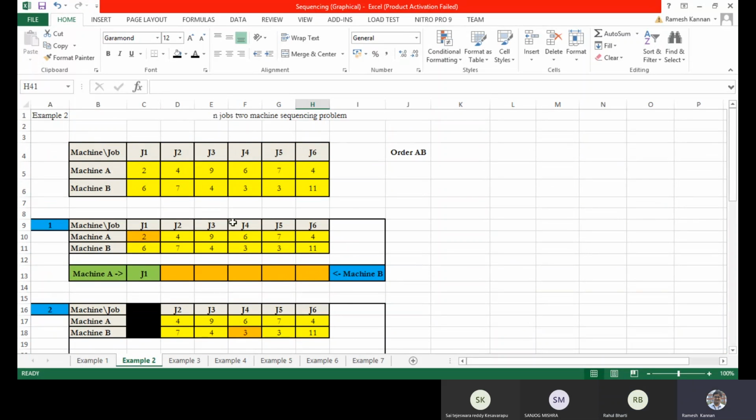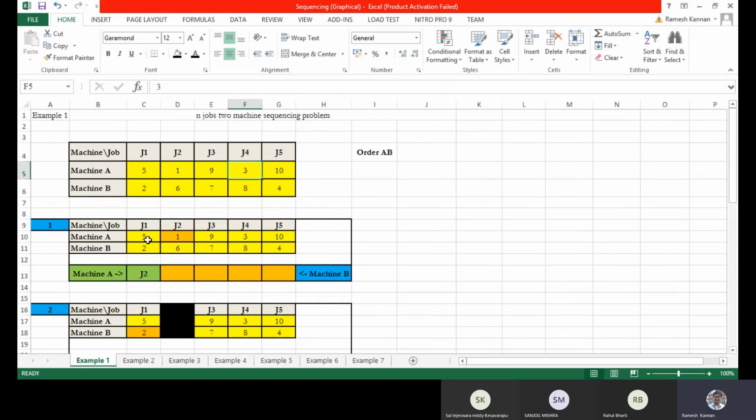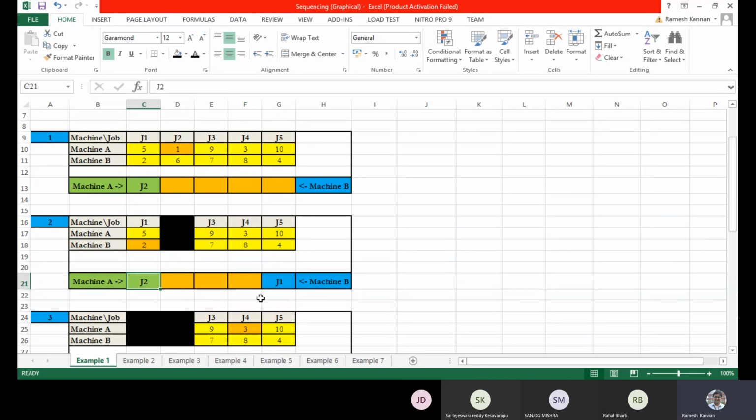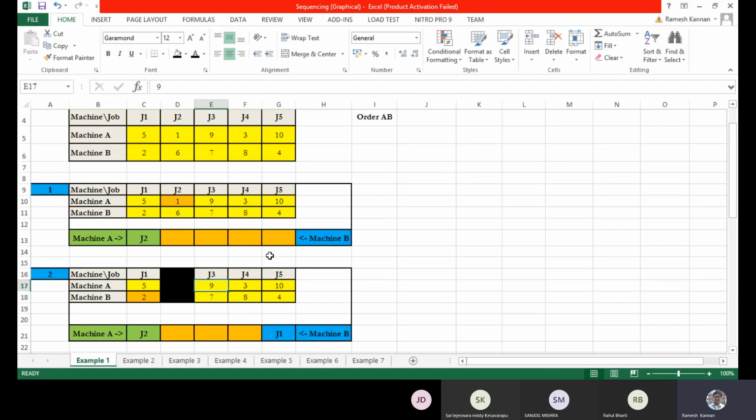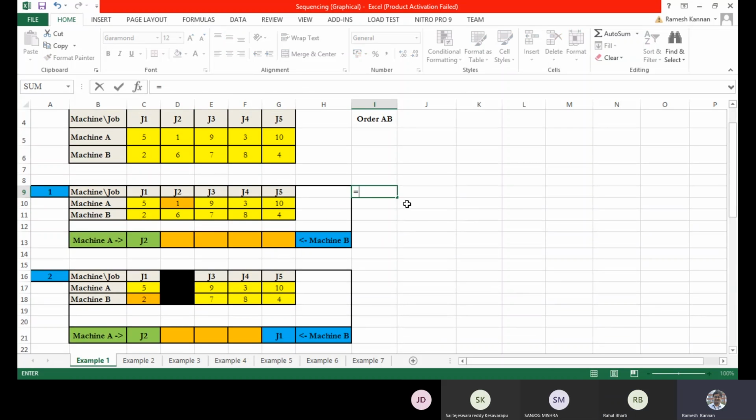Not like that. We also did the same procedure. We are taking the minimum value. Say, for example, in this case, it is not machine A, machine B. It is the overall matrix, and we find the least one. So in this case, it is machine A, J2. This corresponds to machine A and J2. In the next one, it is not like the problem has made it like that; it is the minimum of these things. If you do it in Excel, it is just like this: minimum of this was